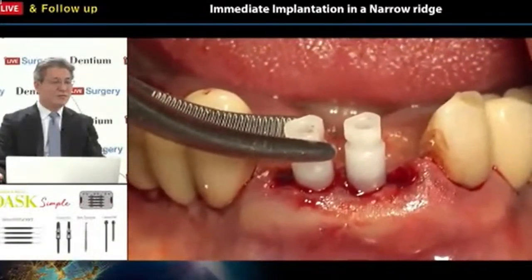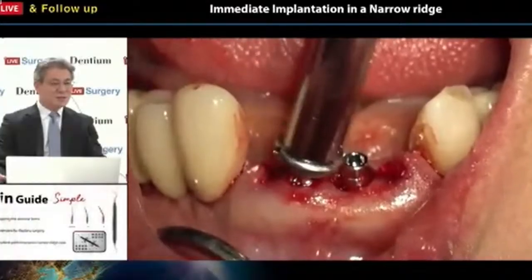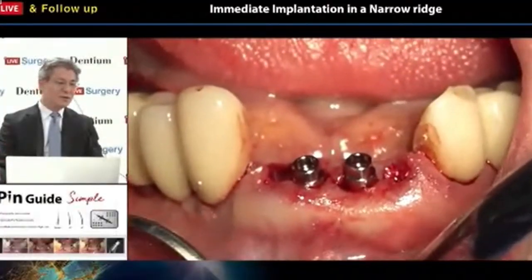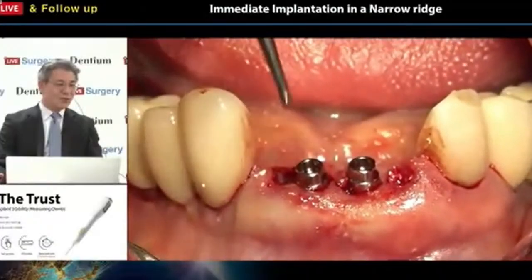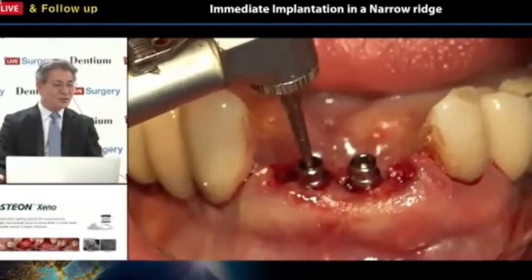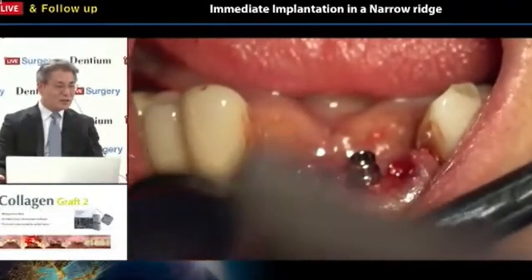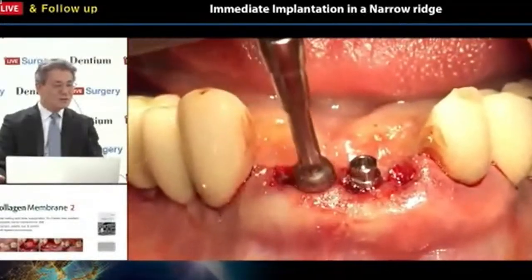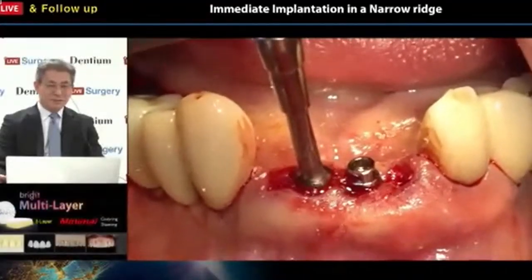And after that, removing this plastic handle, just to put it out. No screwing, just put it out, and that's it. And we can see clearly the top portion of the scan abutment. Actually, this scan abutment works as the scan jig first, and second the healing abutment, and sometimes we can use this scan abutment as a permanent abutment,